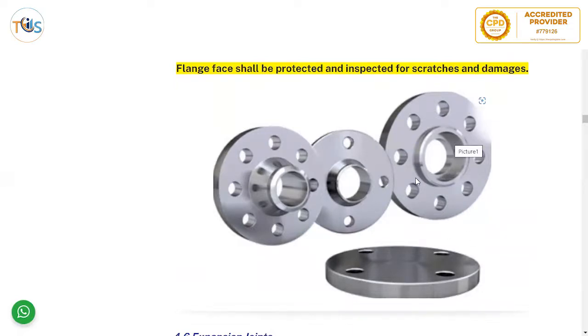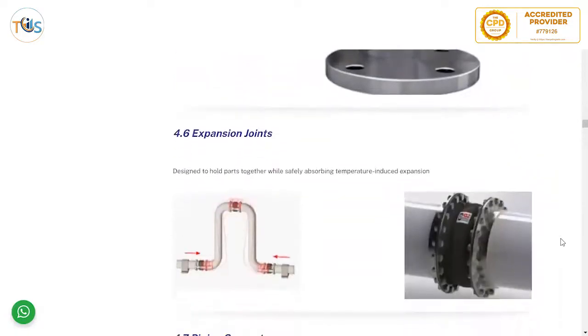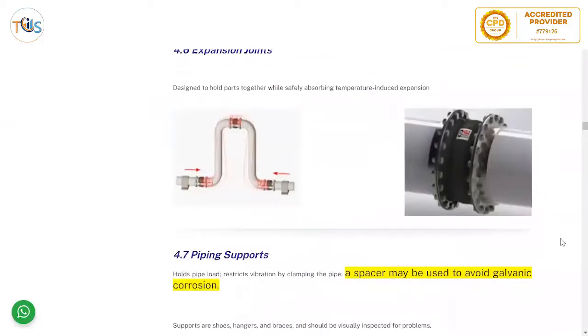And there are different types of flanges, like weld neck flanges, and raised face flanges, like flat face, straight face. Expansion joints. So you can see two types of expansion joints here, because every material has a coefficient of thermal expansion. So normally for long length pipes, you have U-shaped expansion joints or something like this, which is rubber, so it can expand and